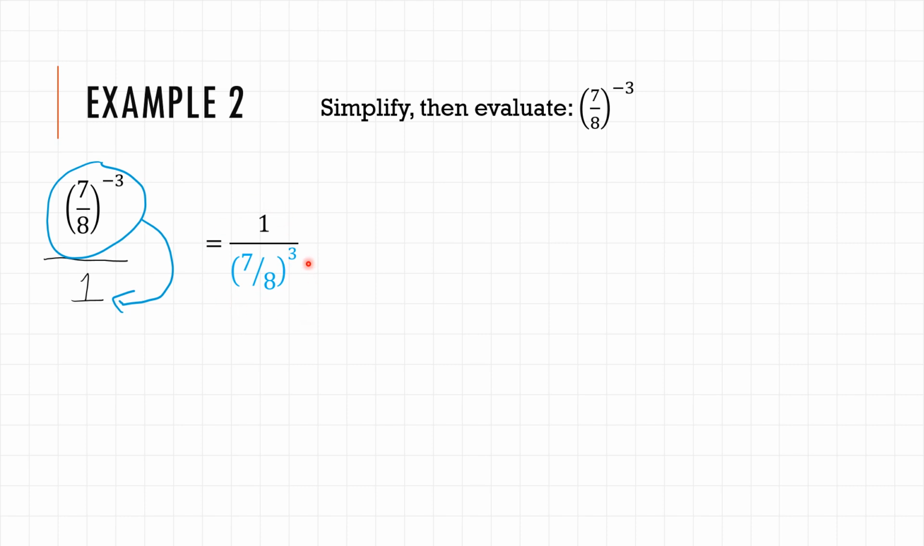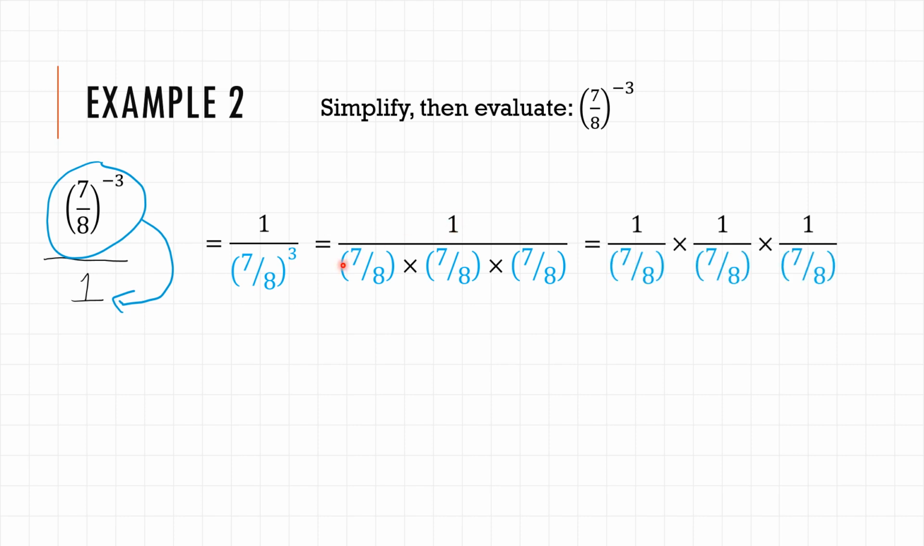Okay, can I continue to simplify this? Yes, I don't like a fraction under a fraction, like that's gross. So I'll say that this is 1 over 7 over 8 times itself 3 times. This is it in expanded form. And this is the same thing as 1 divided by 7 over 8 times 1 divided by 7 over 8 times 1 over 7 over 8. And each of these 3,